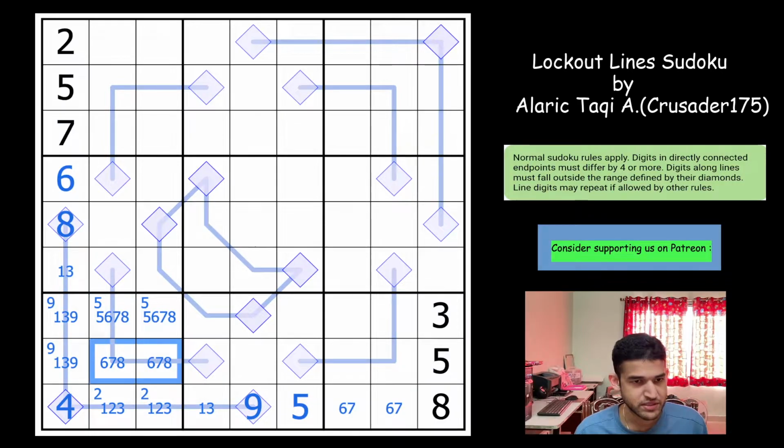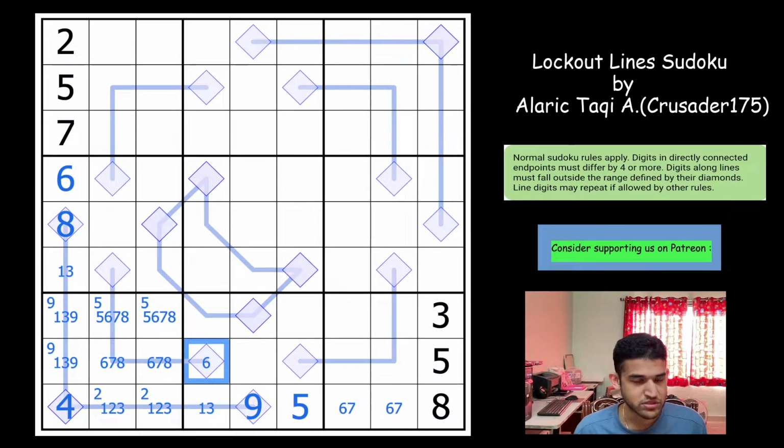Look at these 3 cells. They are really close together. So I can never put a 9 here and make this diamond work, because this will always be 5 or lower, and then these 3 digits will come in between those digits. So 9 cannot go here. And for the same reason, you cannot also put an 8, because this is supposed to be a 6, 7, and then they would become between the diamonds. So 8 is ruled out. Can you have a 7? This becomes 6, 8, and 6 would become inside the diamond. So between the digits, I mean, 7 is also ruled out. So 6 may be possible,